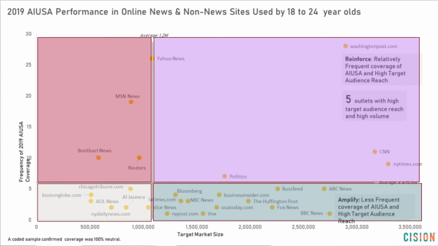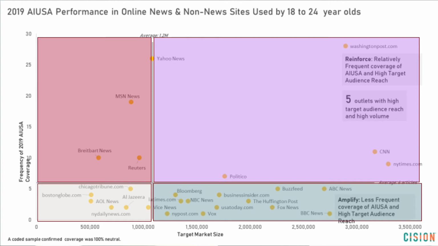So here's the final slide of this formative research that we've done for Amnesty International. It basically answers the question what they should do in terms of their media relations to best reach their target audiences. The horizontal axis shows how many audience members each particular outlet reaches, and the vertical axis shows how many articles they have published about Amnesty International last year. So the closer an outlet to the upper right corner, the better. That means that the outlet already publishes a lot of Amnesty's content, and it reaches a lot of their target audience members.